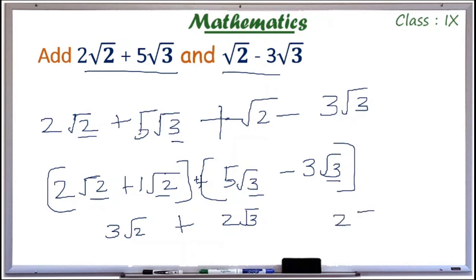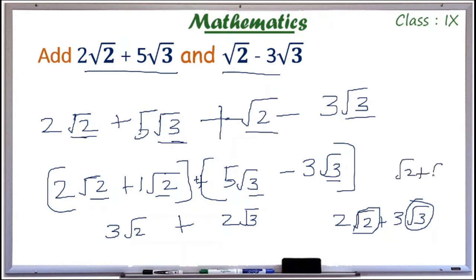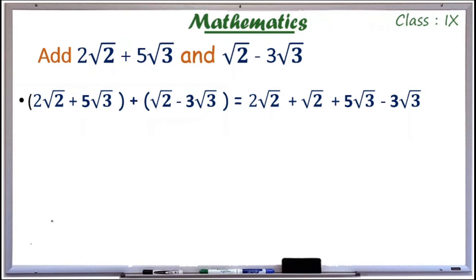So we cannot add 2 root 2 plus 3 root 3 because these irrational numbers are different. Same kind of irrationals are added. Here I can add root 3 and root 3 and also root 2 and root 2. I cannot add root 2 and root 3. But I can multiply it. I can multiply root 2 and root 3, which is equal to root 6. But I cannot add this. This is not possible. So rearranging the terms such that root 2 times comes first and root 3 times comes second.